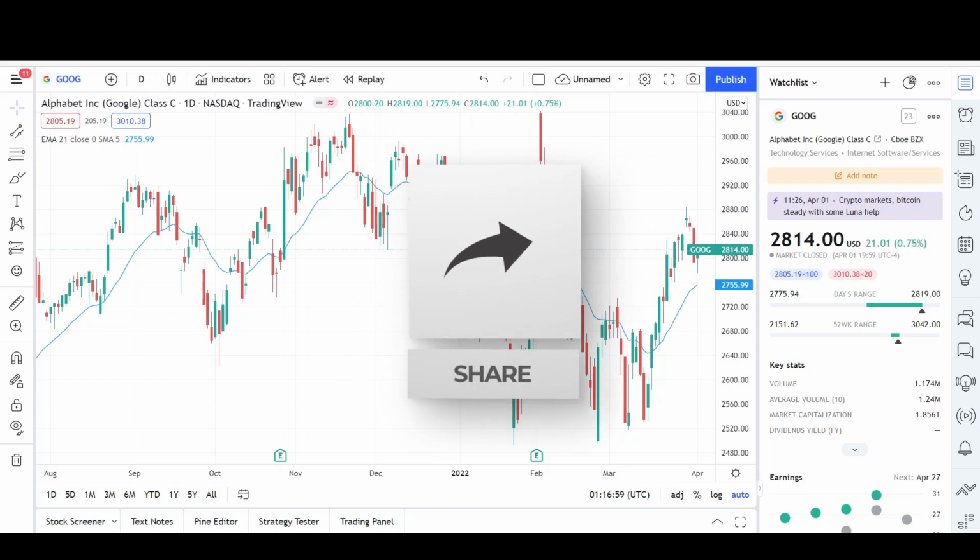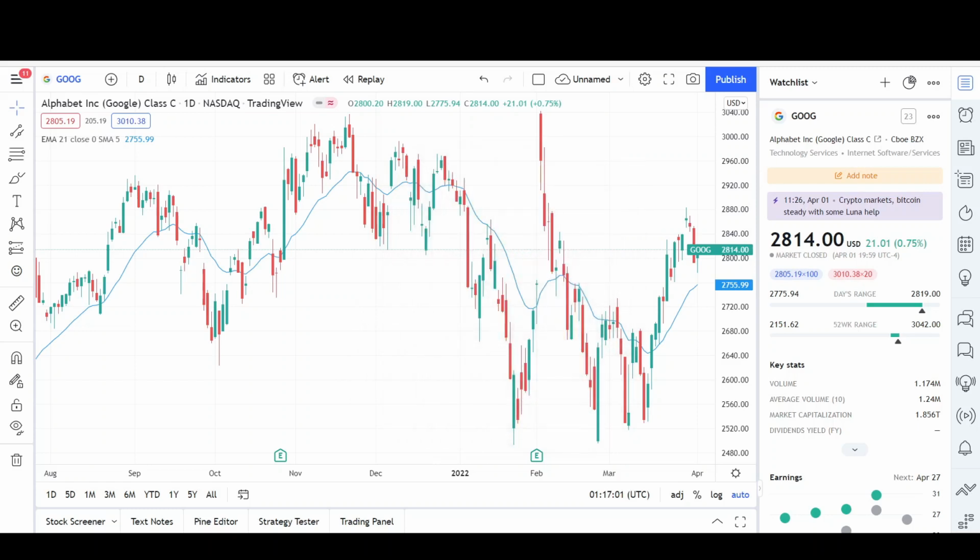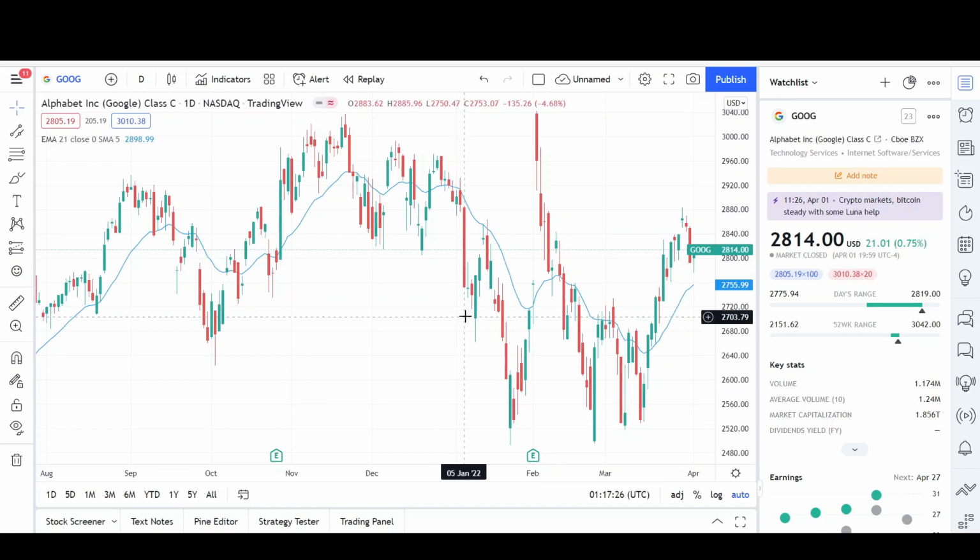This video is for entertainment purposes only, does not constitute any financial advice. I will first go over what I see in the daily chart and finish the video off with the weekly chart. Here we have the daily chart for Google, and it's a range bound pattern going on for the past